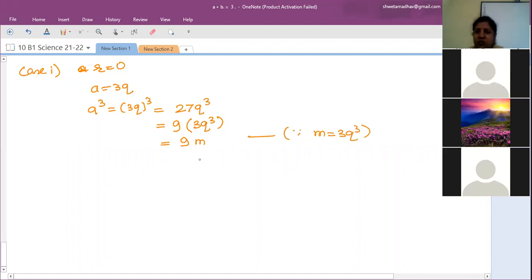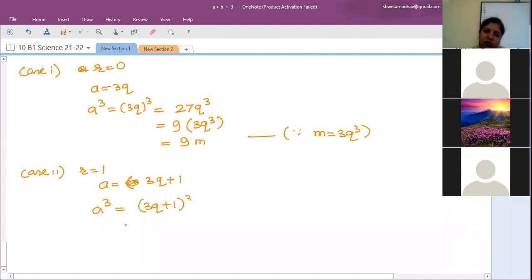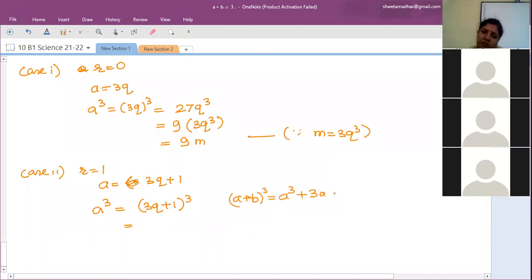Here, first case is done. Then case 2, when r is equal to 1. So a is equal to 3q plus 1. Now we have to take the cube. So cubing both the sides, (3q plus 1) whole cube. This is (a plus b) whole cube. So what is the (a plus b) whole cube identity? a cube plus 3a square b plus 3ab square plus b cube. I'm keeping it in this order